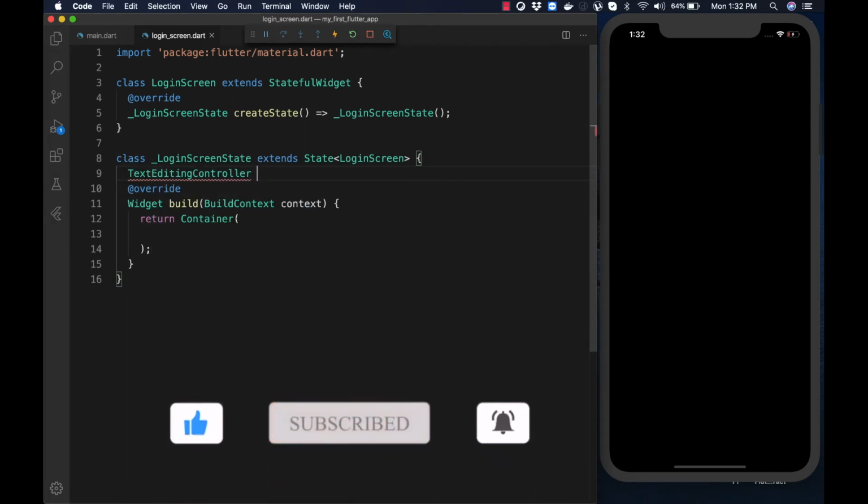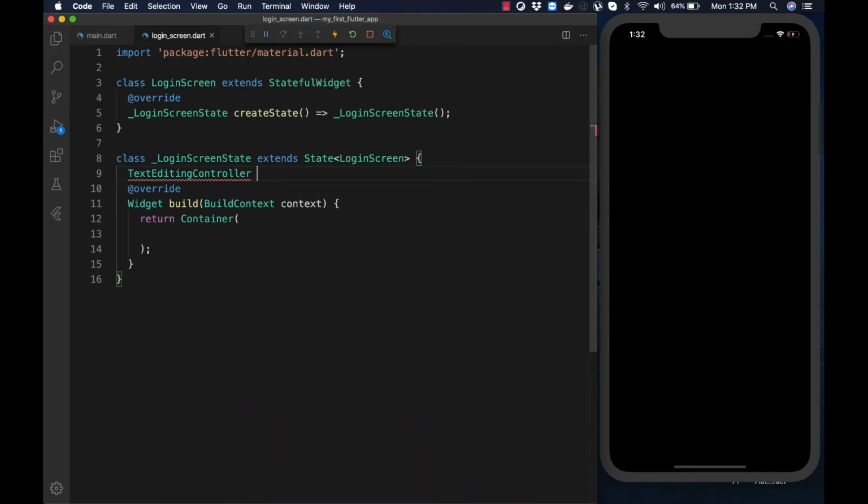So what does TextEditingController mean? Whenever the user modifies a text field with an associated TextEditingController, the text field updates the value and the controller will notify its listeners. Listeners can then read the text and selection properties to learn what the user has typed or how the selection has been updated.